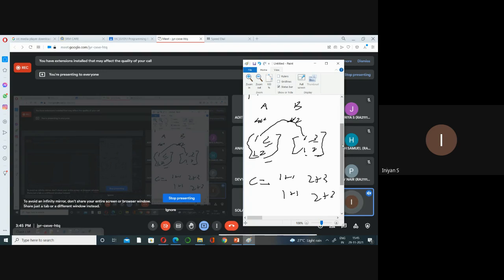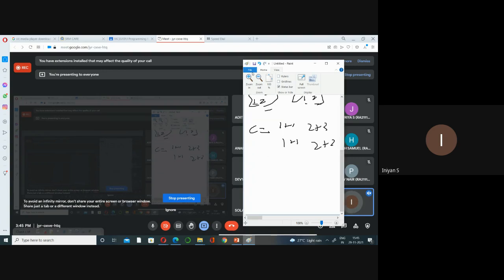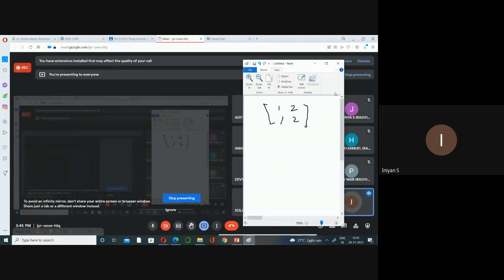Suppose in case the A matrix is 1, 2, 1, 2. The B matrix is only